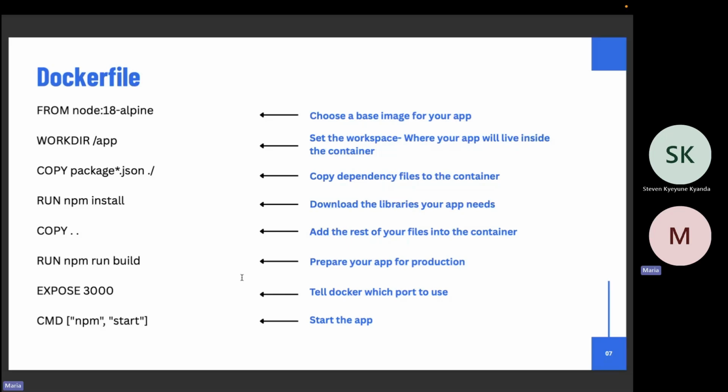The first bit is the FROM keyword. With the FROM keyword, you're instructing the Docker engine to use that specific image. For example, if you're running a JS application, you're expected to use a node image. If you're running a Python application, you're expected to use a Python image.